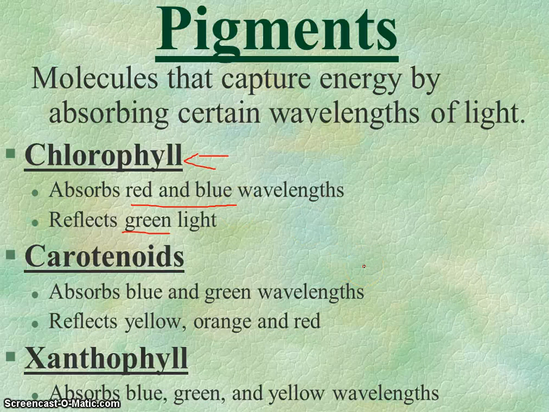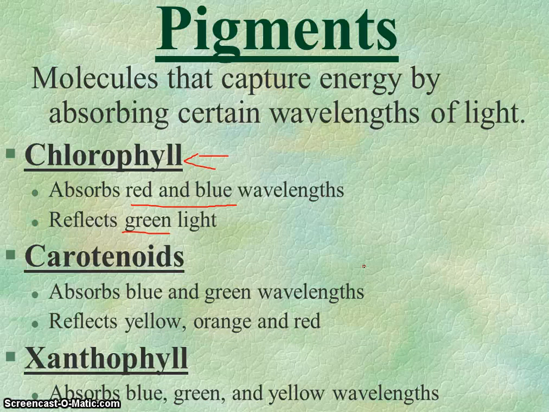The carotenoids, okay, are yellow, orange, and red. That's what gives carrots, oranges, tomatoes, and so forth their colors. In the fall, when we're seeing those reds and the golds, that is also because the carotenoids are showing their pigments, because as the leaves stop producing their chlorophyll in the cooler weathers, the carotenoids become more visible, and that's what we get that beautiful fall foliage.